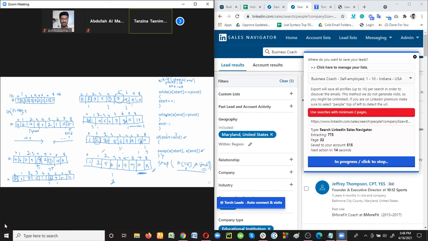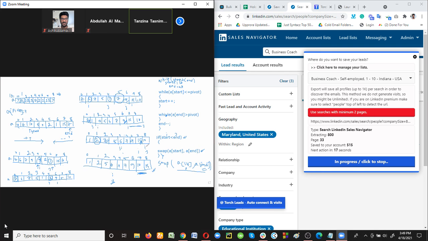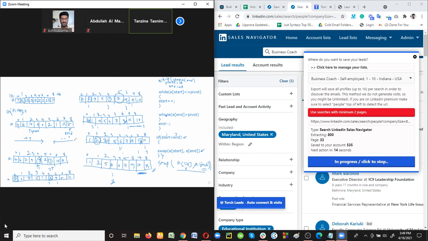So the process, look at this, we just use a recursive function. What we are doing here: at first, take a pivot element and then set two pointers, start and end. The start pointer will be used for comparing all the elements that are less than the pivot element. The end pointer will be used for comparing all the elements that are greater than the pivot element.